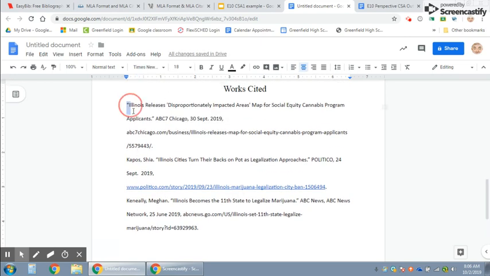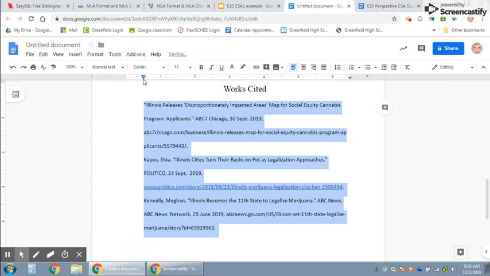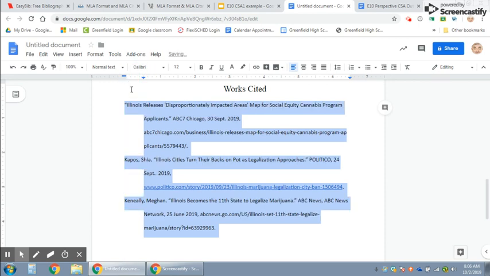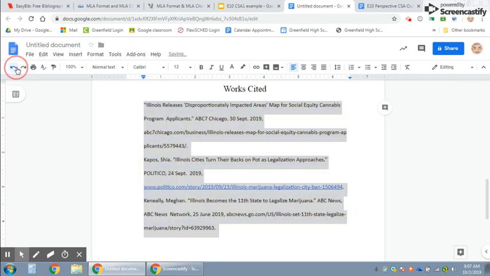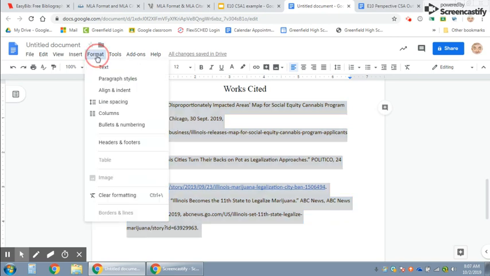Now we need to add a hanging indent. There are 2 ways to do this. One is manually by using the indentation cursors up here. You'll see there are 2 of them, a little triangle and a little rectangle. The rectangle represents the first line, and the triangle will represent additional lines. And now you can see by spacing it out manually, we have our hanging indent. That can be kind of frustrating to try to navigate those small icons. So instead, you could go to